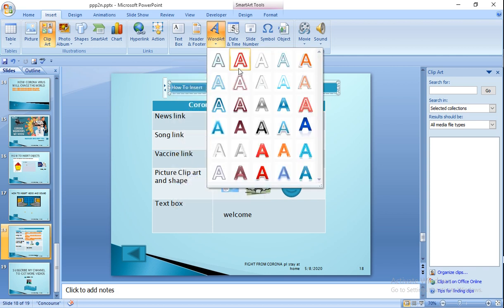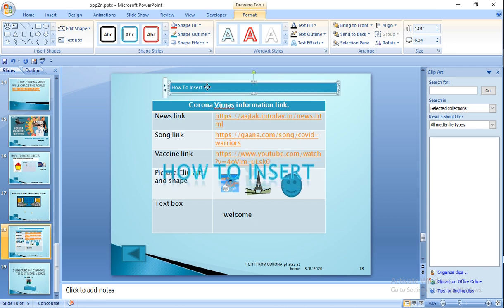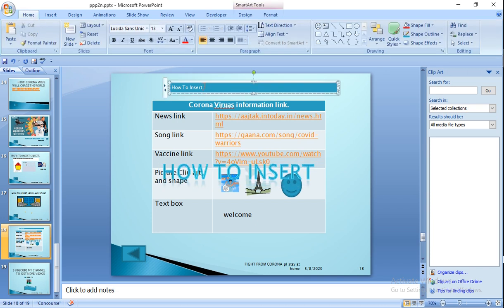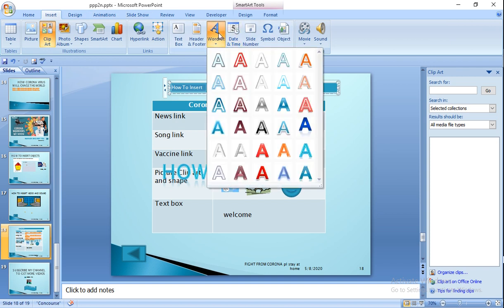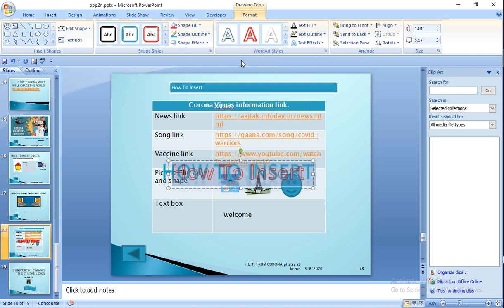Take it, shift end, select it and come on the insert menu, press WordArt, press this one.